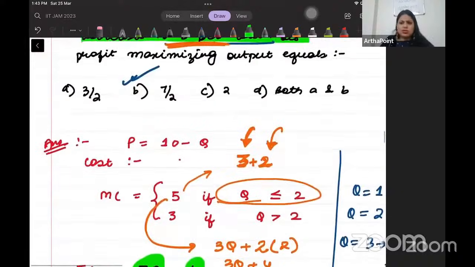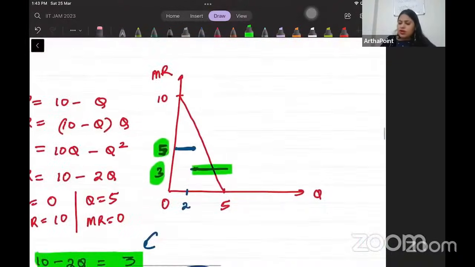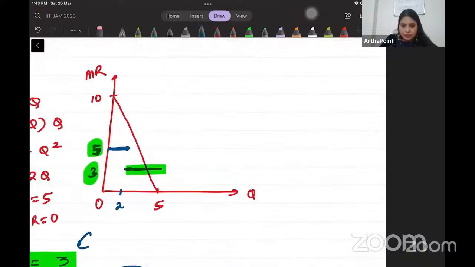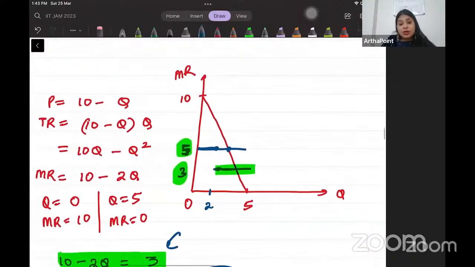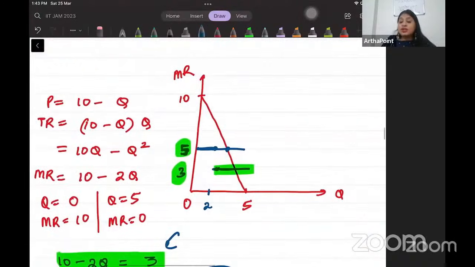So think about this. If you would have gone ahead and thought that maybe the 5 rupee curve itself is cutting here. Can this happen? This is what you need to go ahead and think, that this is not possible. Because when my MR is 5, when my marginal revenue is 5,